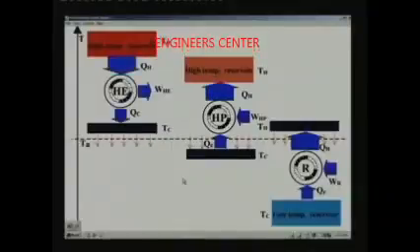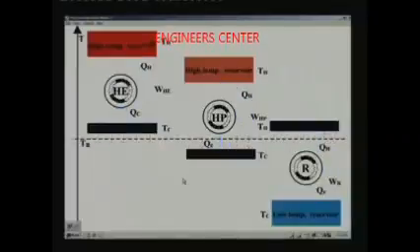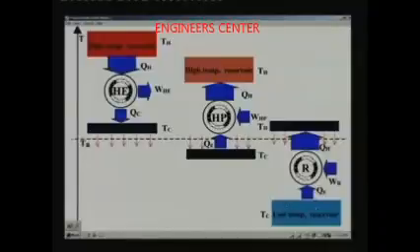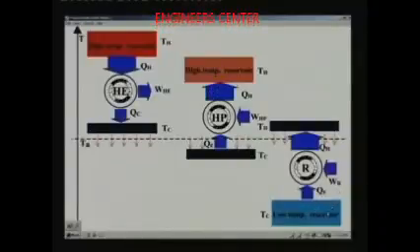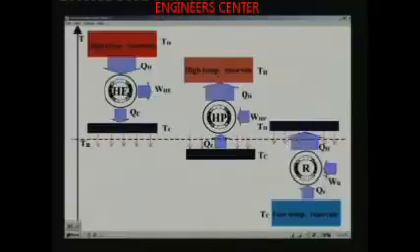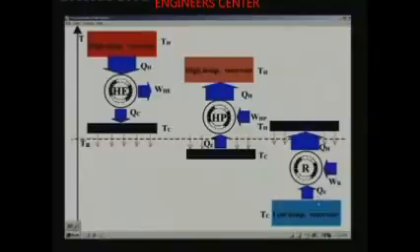Now let us look at the refrigerator. A refrigerator, what is it doing? It is doing exactly the same thing as a heat pump, the only difference is in the temperature levels. For example, in a refrigerator the low temperature reservoir is much lower than the ambient, because we want to keep certain products or processes at low temperature. That's why we need a very low temperature TC. So this cyclic refrigeration system takes heat QC from the low temperature reservoir, consumes some external